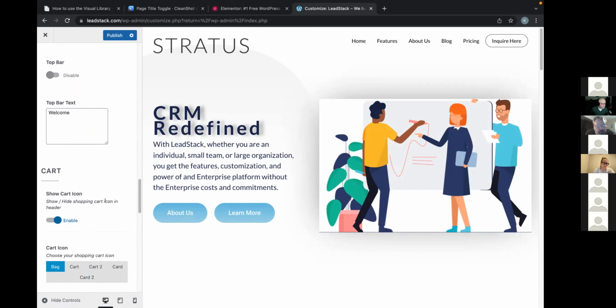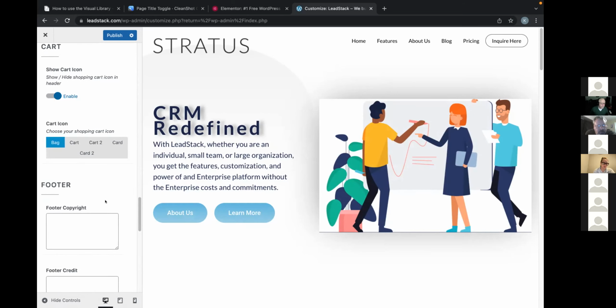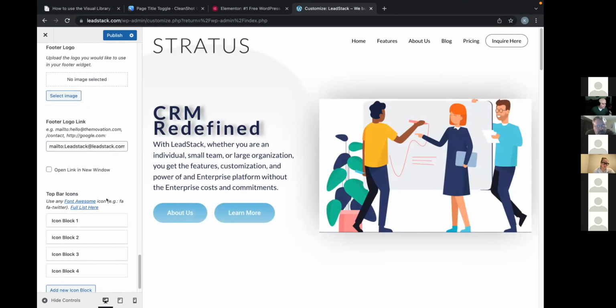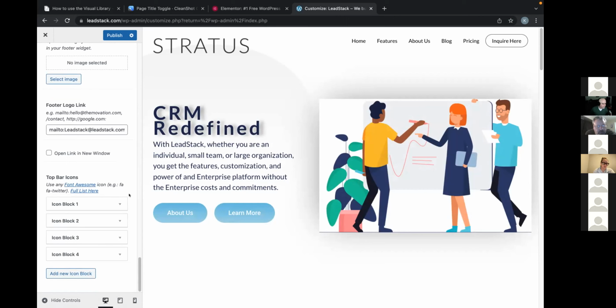So the cart button, he's got a cart button there. So he made that be the blog. Footer copyright, go down, go down, go down. Footer widgets. Okay, footer logo. Yep, great. So icon block, if you click on that,